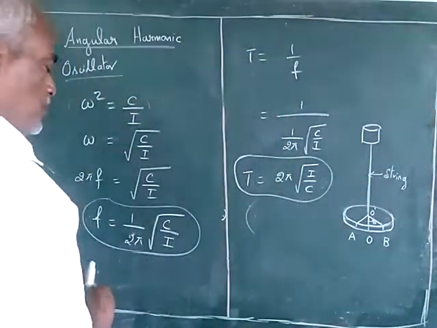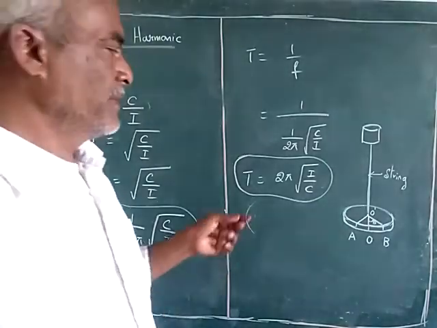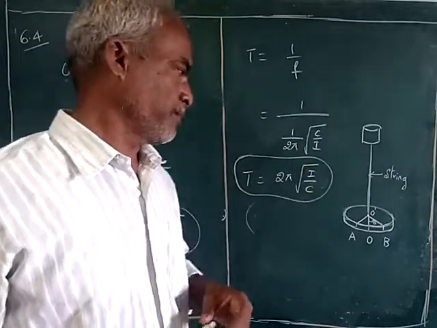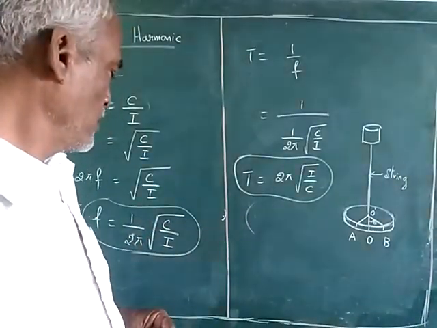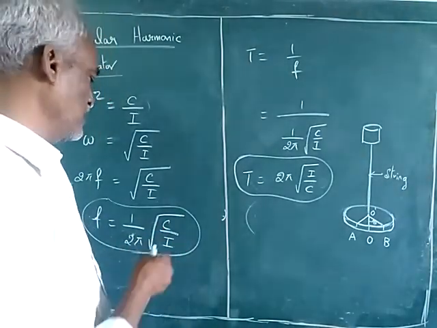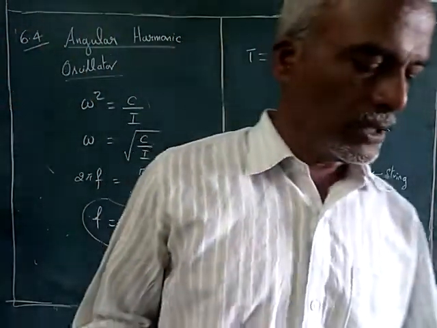Frequency is equal to 1 by 2 pi square root of c by I, or in terms of time period, T is equal to 2 pi square root of I by c. So both frequency and time period depend on the square root of c divided by I, that is inertia, in both the cases. That's all about